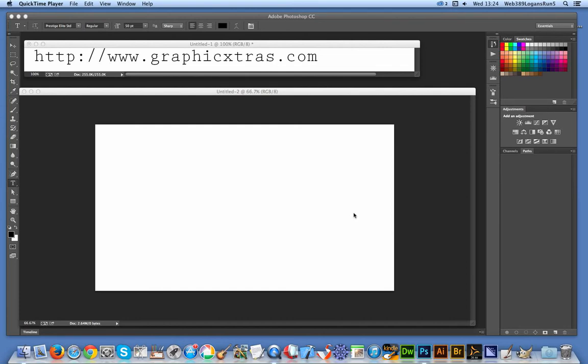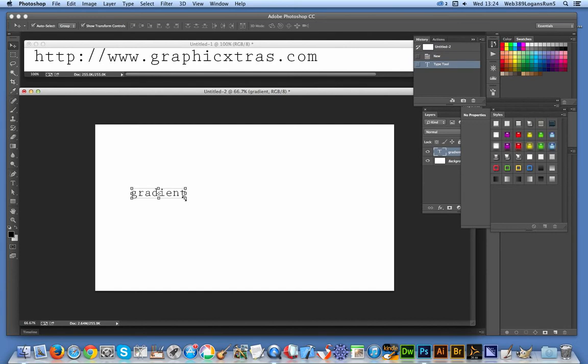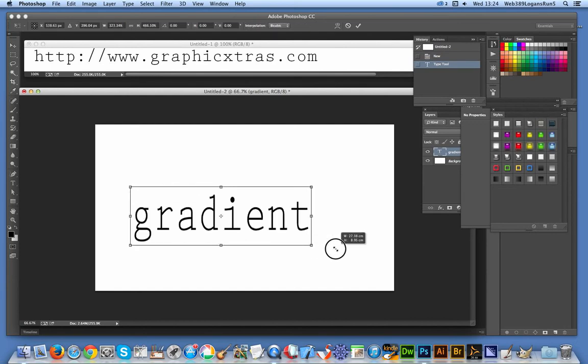to create interesting text distortions. Now there's many different gradients available on Graphicxtras.com. Actually there's a 32,000 gradient set, and I'm just going to quickly select some text. Just going to type some text. Gradient, that's fairly basic. Just extend that out,